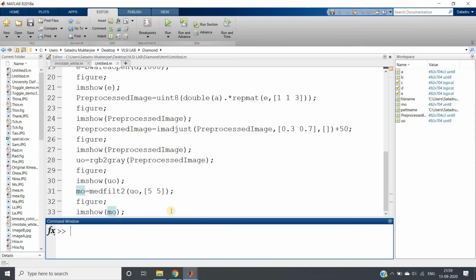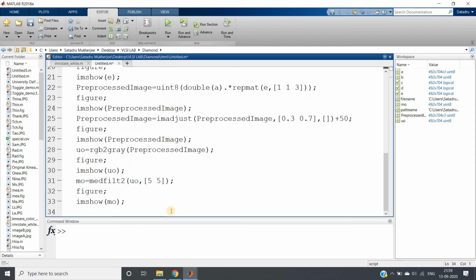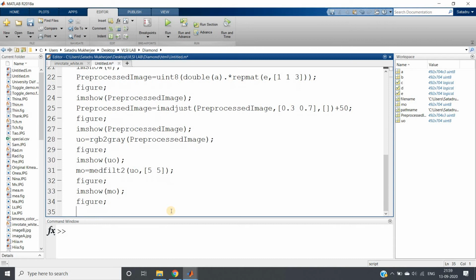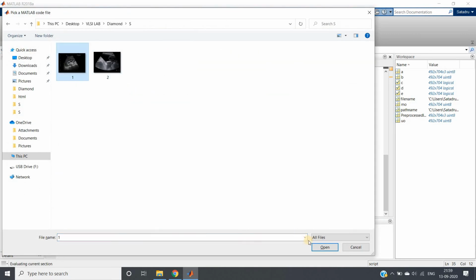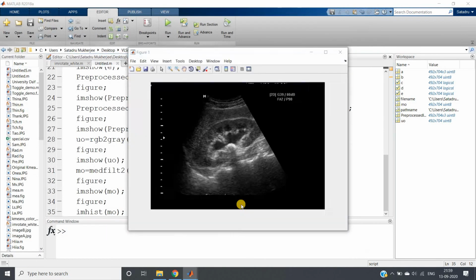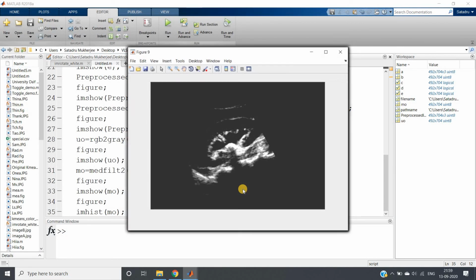Now I am going to convert this to our binary image. First let me check the histogram, figure, imhist MO. Before applying global thresholding, I just want to verify what type of histogram we are actually having.